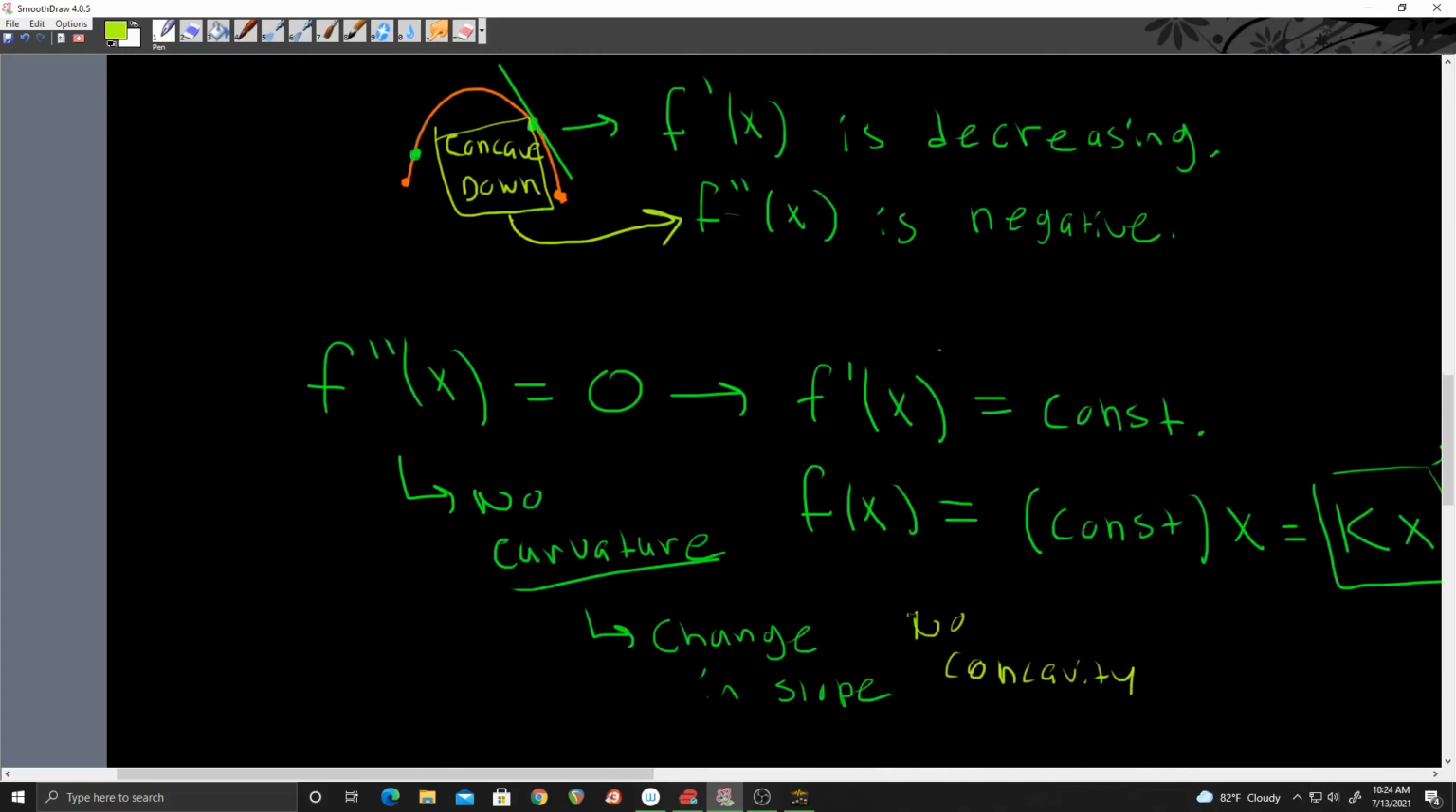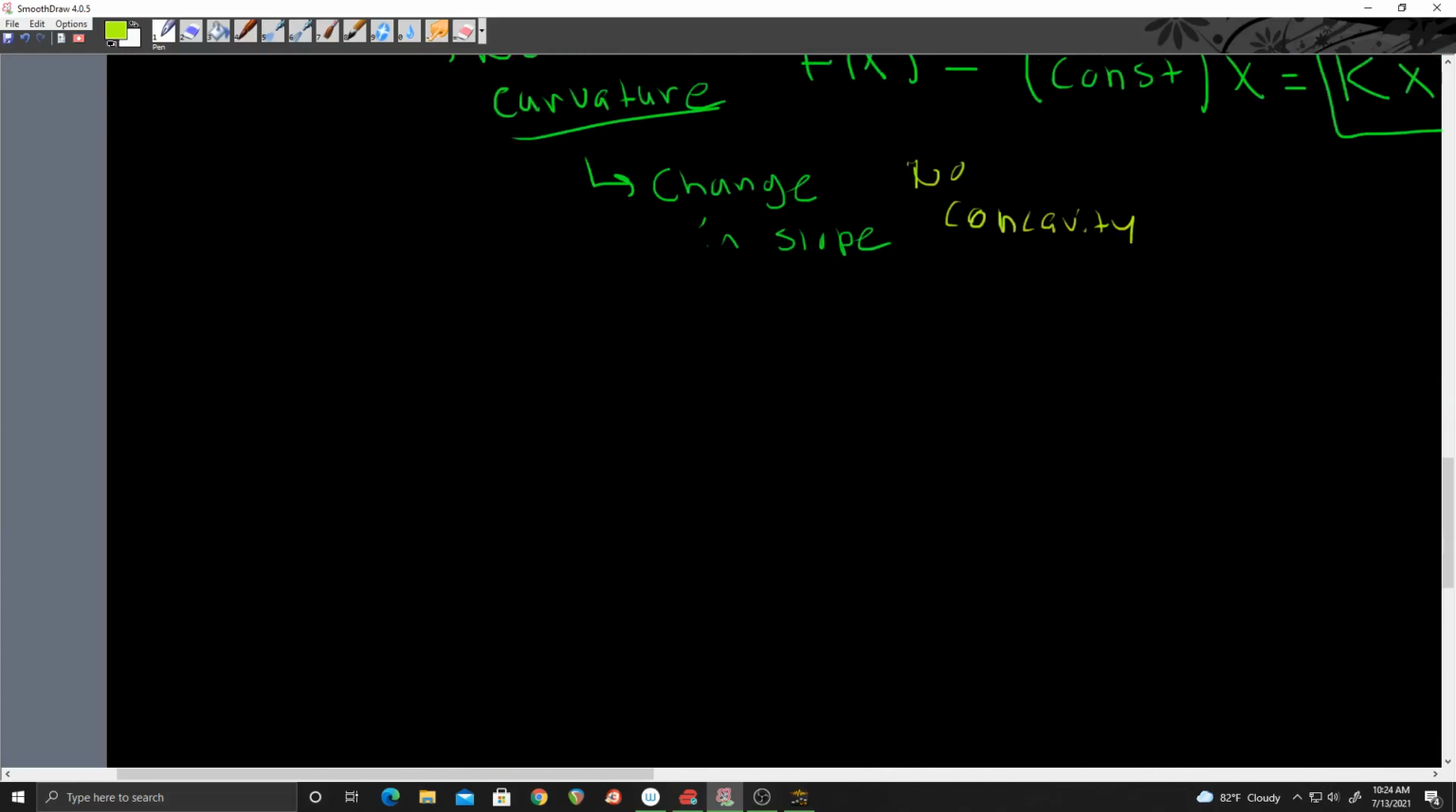So now let's take a quick look at what it looks like when we change from concave up to concave down. So let me make it just a curve like this. Here we're concave up, and now we're concave down. Okay, so what's happening here is